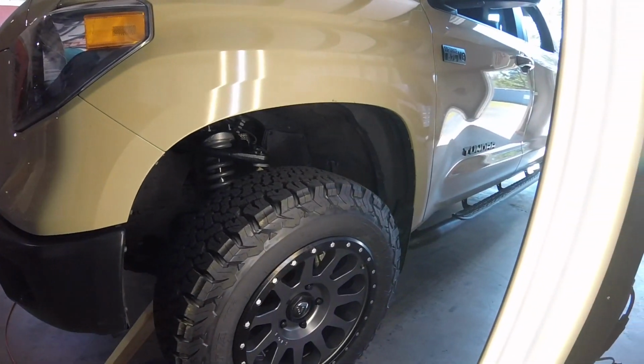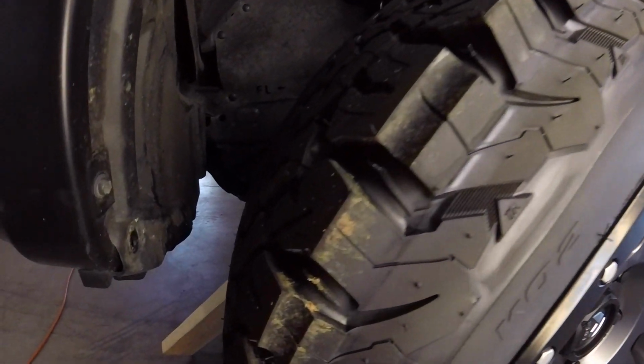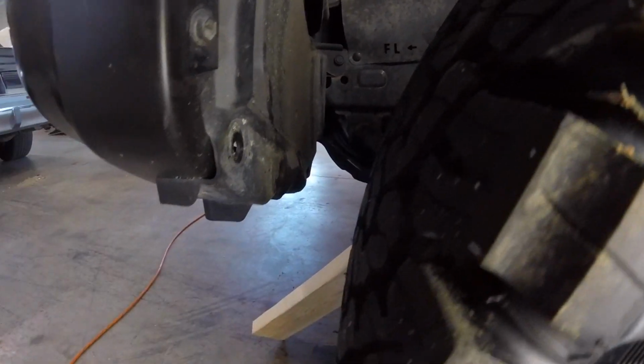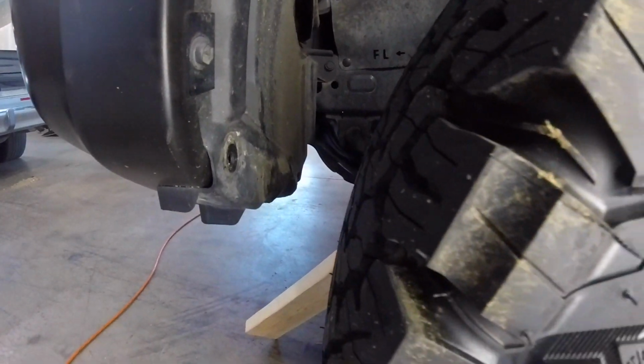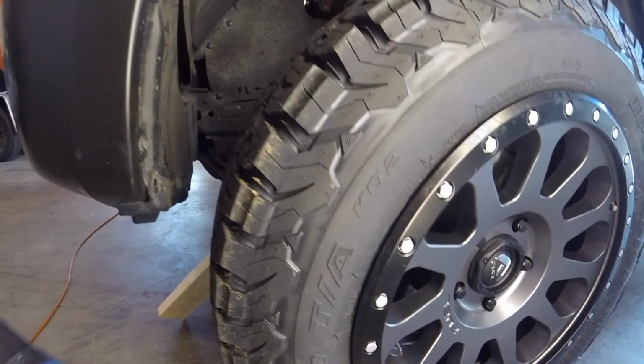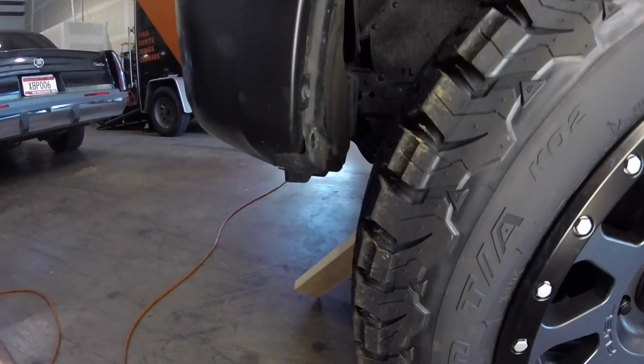Got the truck back to the shop here. We just put the wheels and tires on, and I think you can see right here, got a little bit of rubbing. The plastic is already starting to warp. So what we're gonna try is take this heat gun right here, heat up the plastic, and then I'm gonna